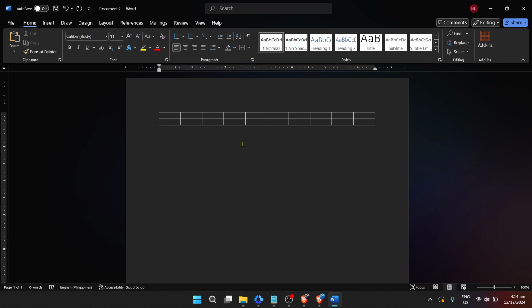Remember, a table in Microsoft Word isn't just a static element, it's a dynamic tool that you can customize, resize, and format to suit the needs of your document perfectly. Whether you need to sort data, organize information, or just present things in a clear and concise manner, mastering the creation and customization of tables will make your work in Word much more effective. And there you have it, everything you need to know to create and customize tables in Microsoft Word. Take your time to play around with the different options available and see how you can enhance your documents. Tables are powerful tools, and now you know how to wield them.